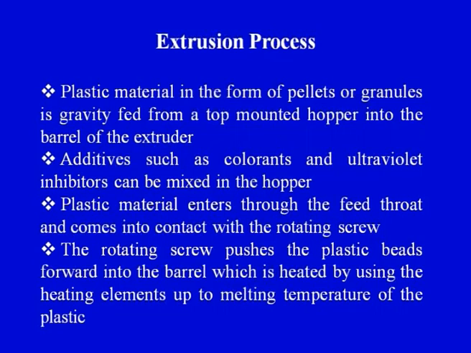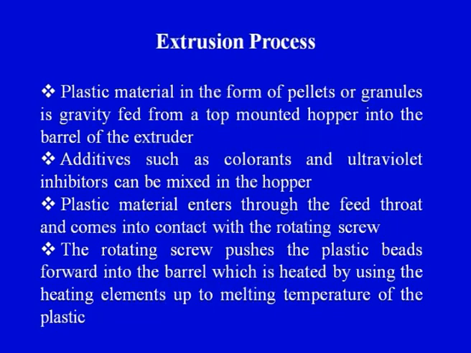Additives such as colorants and ultraviolet inhibitors can be mixed in the hopper. Now we want the final product, as in our diagram we have seen the final product that was coming out of the extrusion process or the extruder was red in color. Now suppose we want to give a different color to the final product, the colorants would be added in the hopper stage only or with the raw material only, and sometimes the final product may be required to operate under specific set of operating environments.